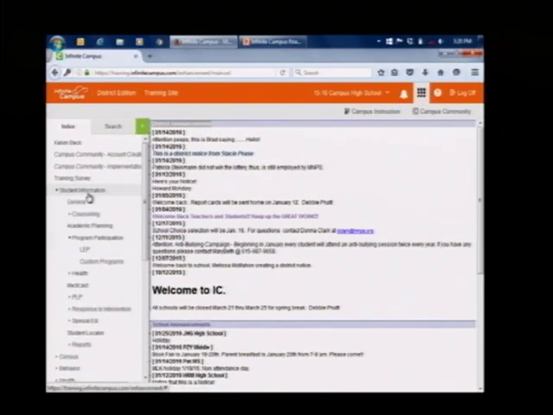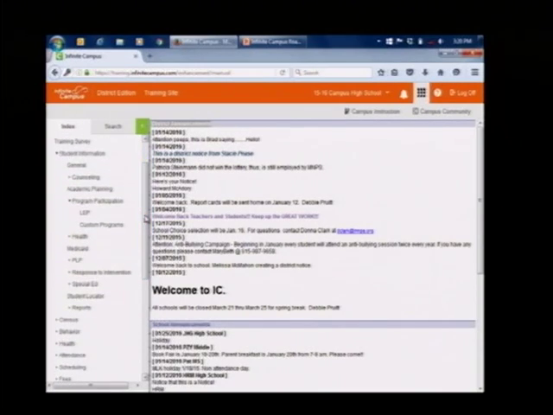I'm going to go ahead and go to Student Information, and as you can see under Student Information, there's going to be more information contained here around the actual academic performance for this child in this school. If I go to General,